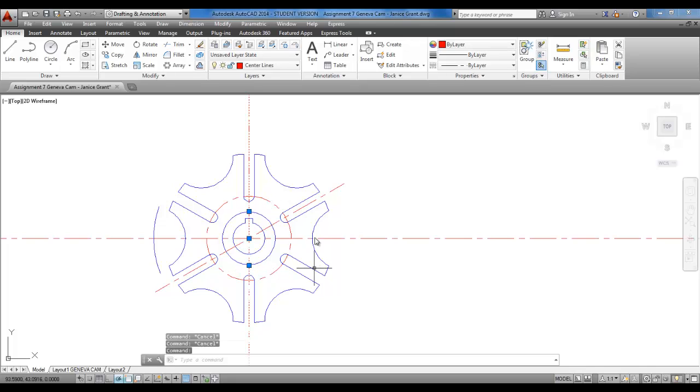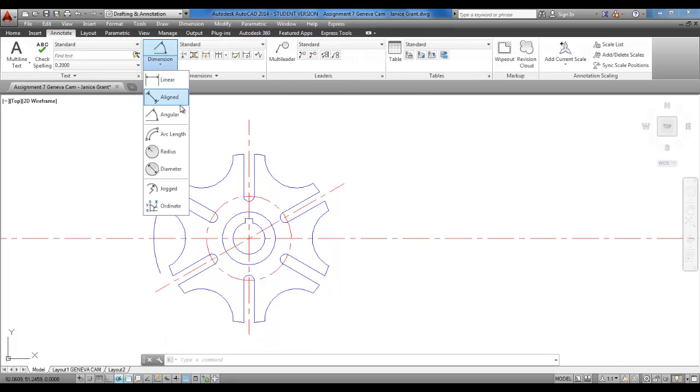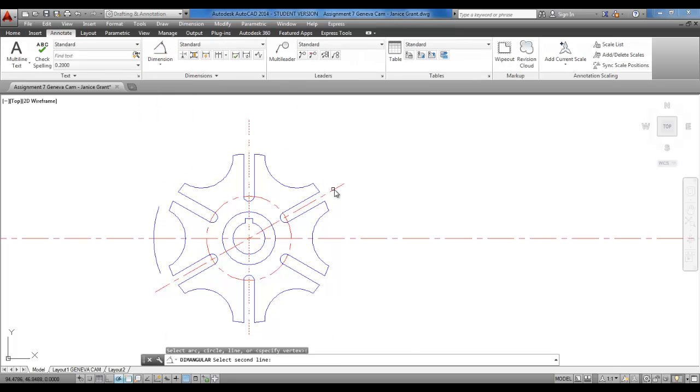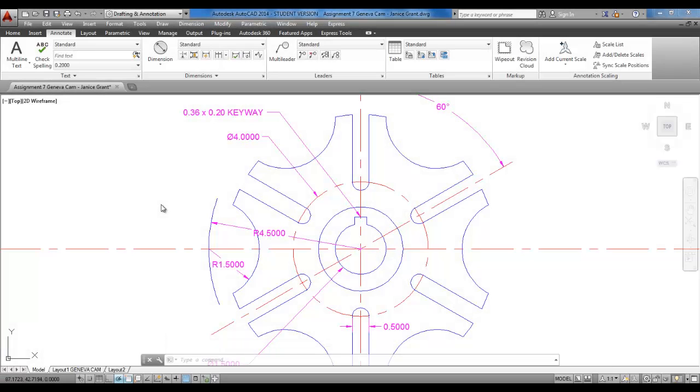So this one I'm going to erase because it's a construction line, and I'm going to extend this one with these blue grips. And now I can change my layer to dimensions and go to annotate and use here the angular dimension to select these 2 lines. There are a couple of things that you'll need to change in order to get the dimensions like what they're showing in the book. The first thing I'd like to suggest is that you type in the letter D and